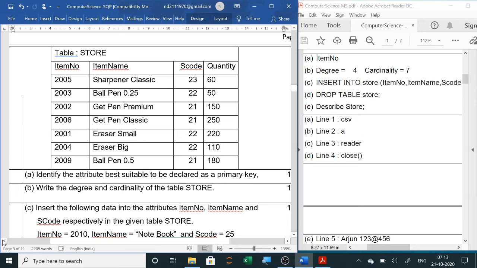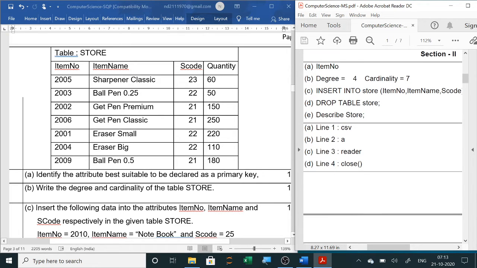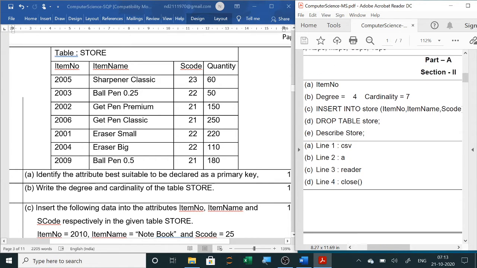Normally, like roll number, item number, flight number, the first column is taken as the key and it should contain unique and not null values. So the answer will be item number, the first one. You can see the answers given by CBSE on the right hand side, and the questions on the left hand side.